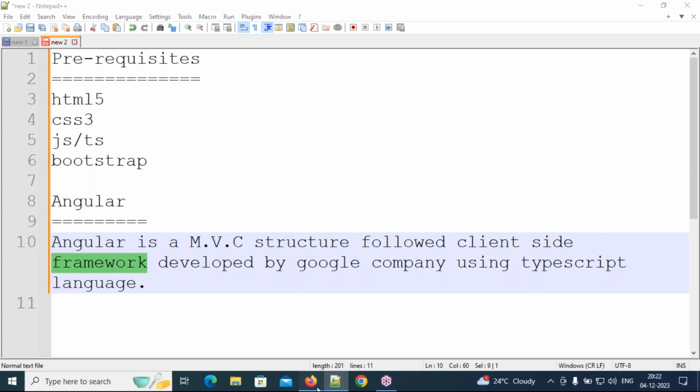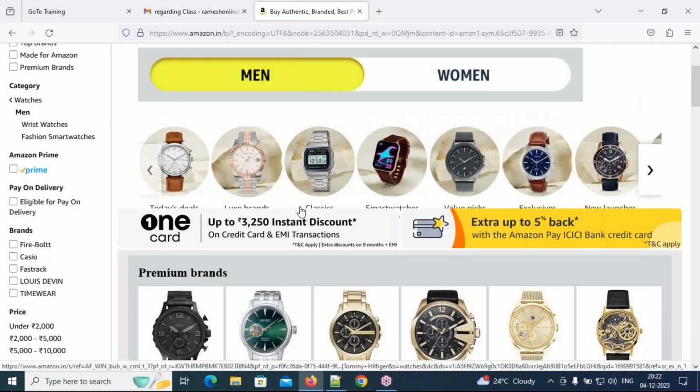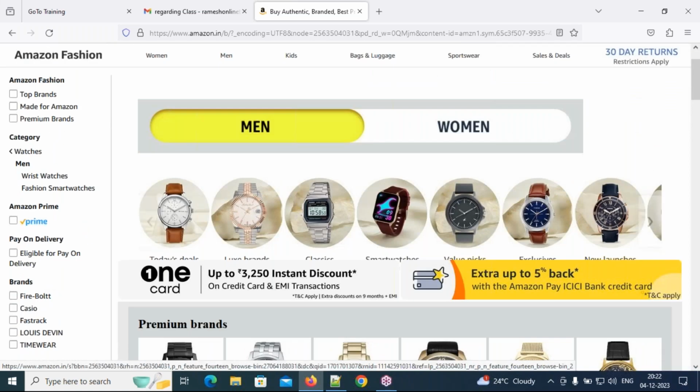For example, I have opened Amazon.in here. So what is this? Information only. For example, 100 people are opening Amazon.in. They are not finding anything in the application. Do you open it a second time? No. So out of 100, only 10% will open it a second time. After opening a second time also, there is no information. Do you open it a third time? No. Out of 10, only 1% will open it a third time. Third time also there is no information. Will anybody open our application a fourth time? No. So that means no information, no value.